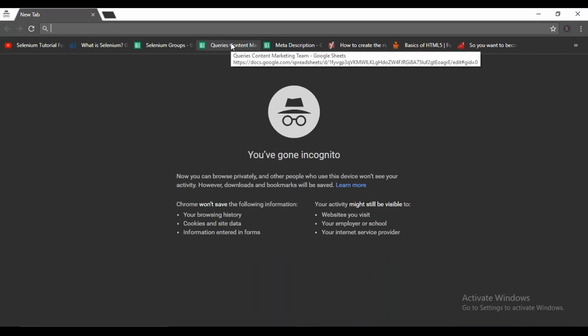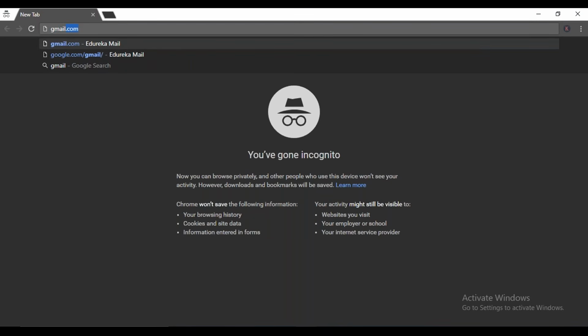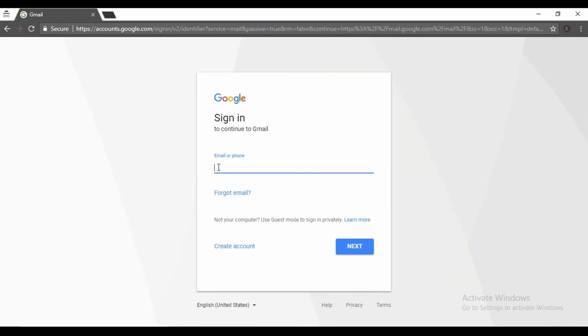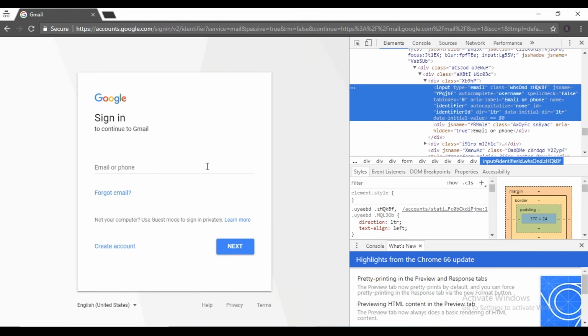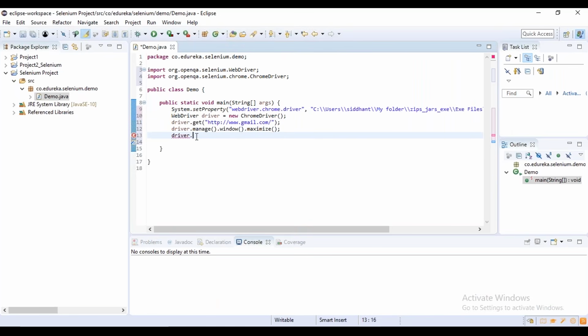Okay. So let's use our driver and find a web element. Now, what is a web element? Well, any component, anything on a web page is a web element. Okay. So in this case, let's say this is the placeholder where I will want my email ID to be. So this is my web element. So let me inspect it. Once I've done that, I can see this web element to have a few attributes here. So that is how we're going to find that web element and send some text to it, which is in my case, my email ID.